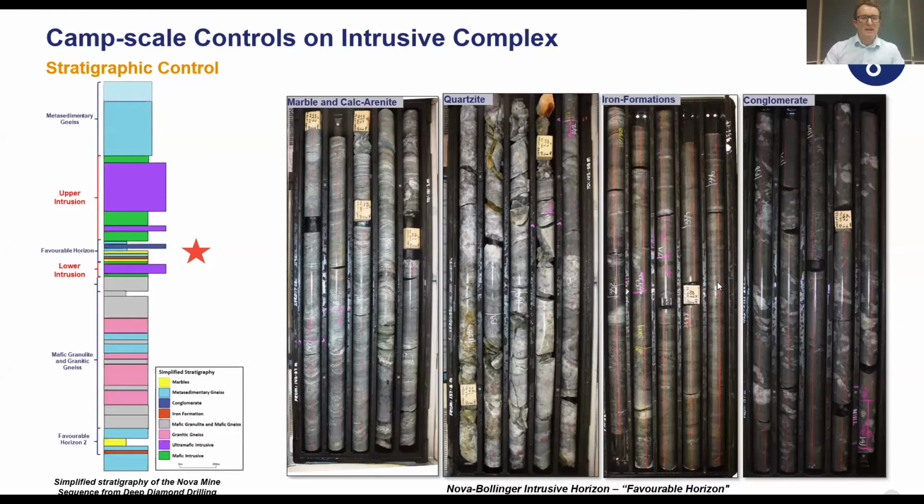But the important thing at this scale, from an exploration point of view, is that we see intrusions at this horizon commonly at different prospects within the Albany-Fraser Orogen, so we know it's significant for focusing intrusions. And we think the reason it's significant is that it's at the contact between two quite large packages, and it likely represents a rheology contrast and a different kind of density horizon, which channeled magmas during the initial emplacement